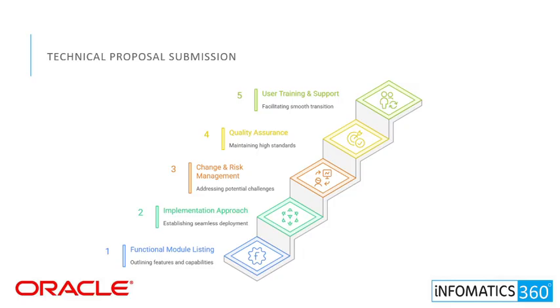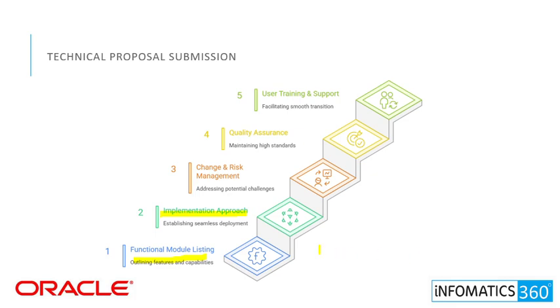We start by listing Oracle Cloud modules for the key client needs, for example finance, procurement, inventory. We clearly outline the features and capabilities of each module in this step. Then comes implementation approach. Next, we explain how we will plan and implement the project. This includes the project structure, delivery model, timelines, and resource planning to ensure